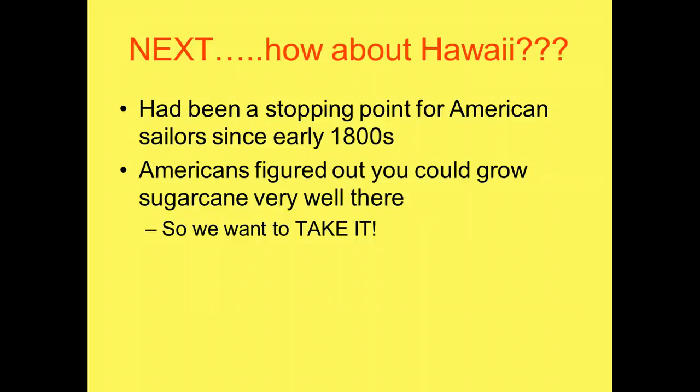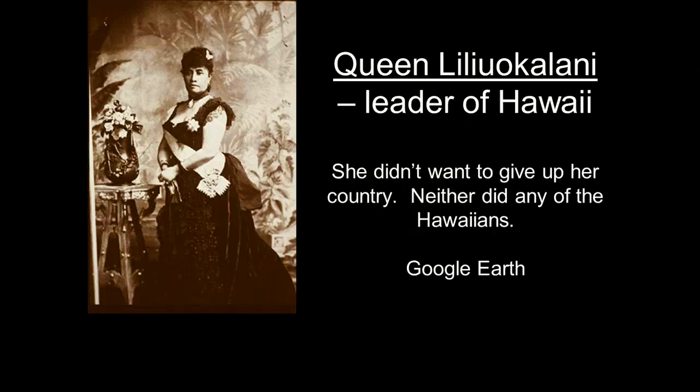Well, Hawaii was useful for sailors for decades or hundreds of years, I guess. It had been a stopping point for sailors since the early 1800s along the way, refueling, getting resources you needed. And once Americans figured out you could grow sugarcane there very well, then wow, we want it because you can make a ton of money. Our businessmen wanted to get richer there. It takes a very certain climate to grow sugarcane, which is a pretty nasty process from what I understand. So the only problem is